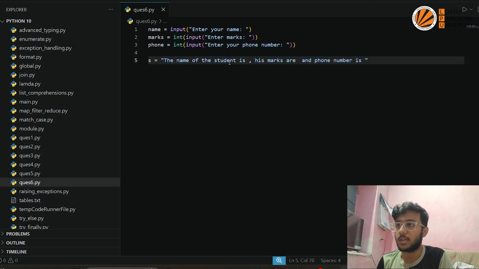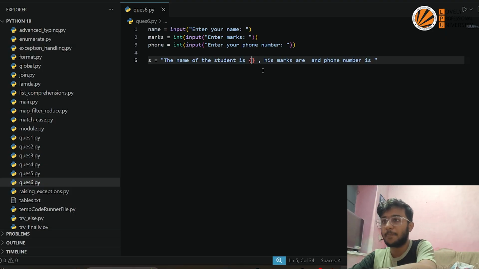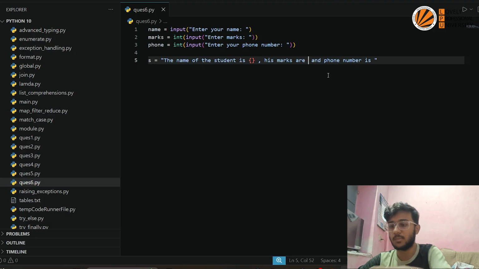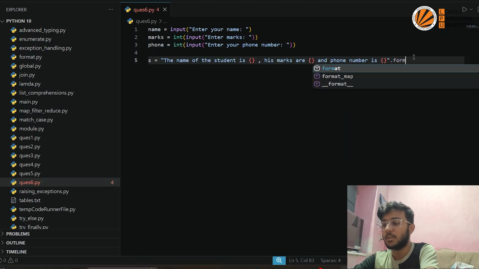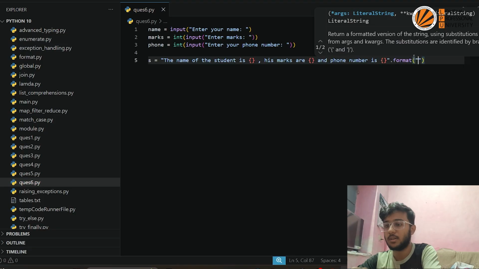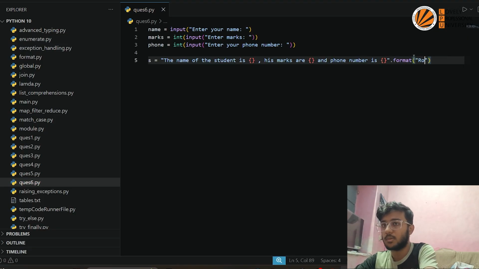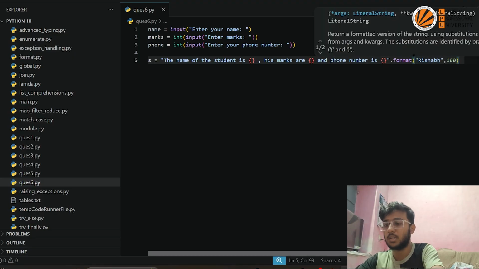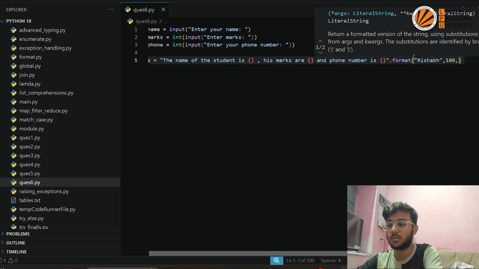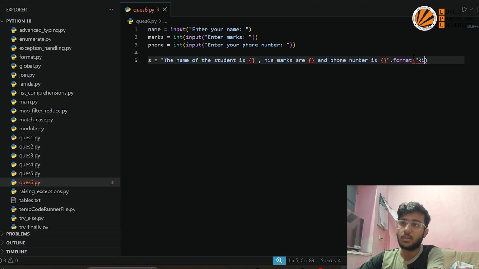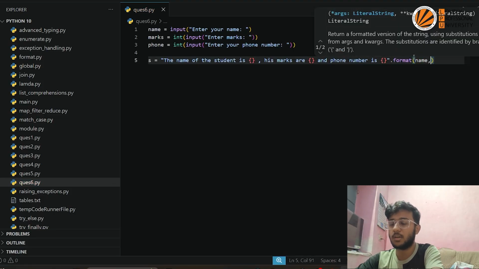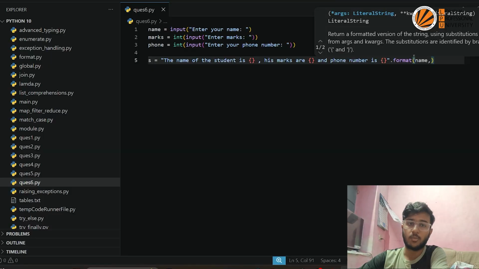So now I will create: his name is this, his marks are this, and his phone number is this, just like this, and I will make it in format, with dot format. So name here will be suppose Rishabh, his marks will be 100, and his phone number will be suppose any number. We could write any number, or without providing this we can say, since we are taking input from our users, so name,